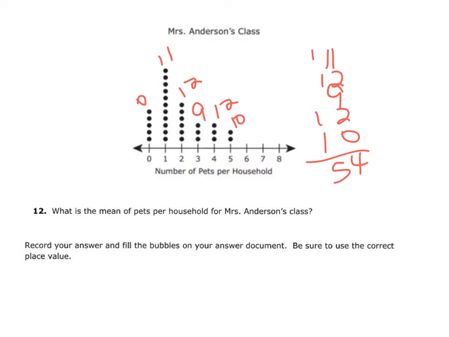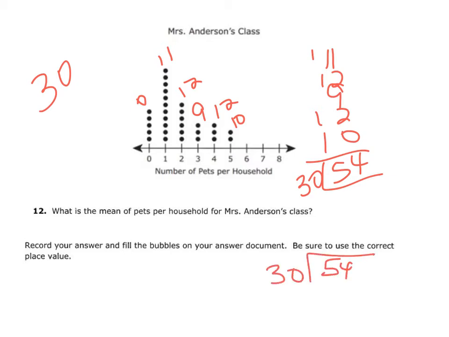Okay, and we know that there were 30 students in this class, so 54 divided by 30. So we know it's going to be a decimal. So let's go ahead and do 54 divided by 30. 30 into 54 is 1 time, so that's 30. Remainder is 24. Add a decimal and a 0, bring it down. So 30 into 240 is 8. So that's 240. So my answer will be